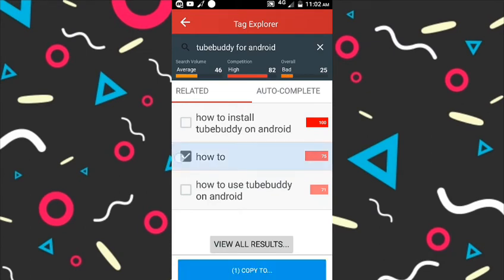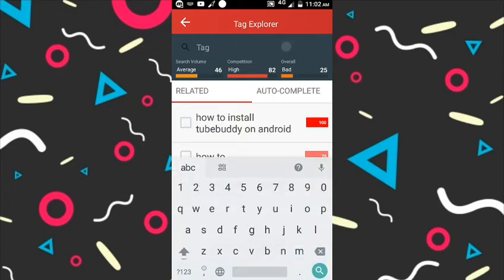So how to install TubeBuddy on Android, how to use TubeBuddy on Android. And if you see this red, then it is high, and if you see this orange color, then it is average, and this color is bad, and this is overall. So TubeBuddy for Android, this particular keyword has high competition and average search volume, and overall, yeah, this is bad. So let's see,